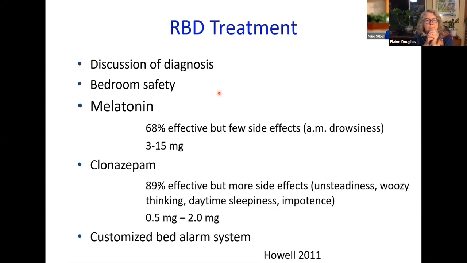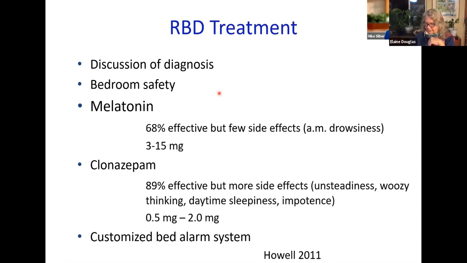We then move on to talk about bedroom safety. Move the table away from the bed or perhaps cover it with a cushion, depending on what behaviors they've experienced up till then. Some people, I even recommend a foam mattress on the floor, cushions on the floor, if they've had a tendency to throw themselves out of bed, that's not common. Sometimes the bed partner chooses to move to another bed, and that can certainly be done. If there are any guns in the bedroom, I strongly recommend they be removed or at least